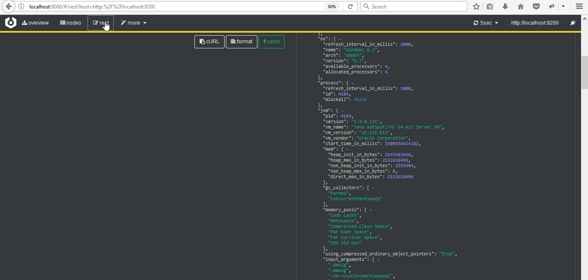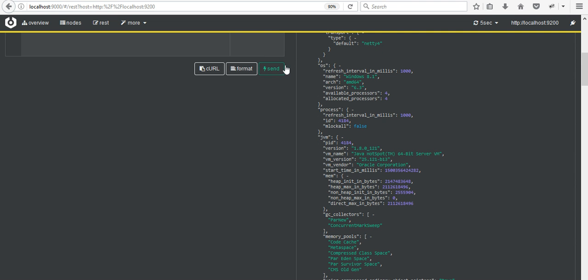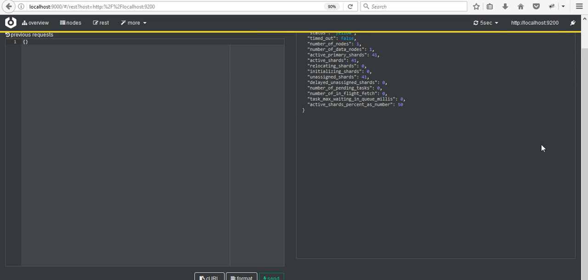Now in order to find out the health of the cluster: the cluster health is basically an API that is used to get the status on the health of the cluster. For this you have to write over here, and again you have to do a GET, and you can send it. Now here you can see